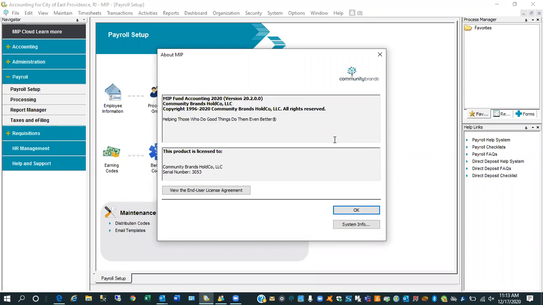Well, Community Brands, who of course are the publishers of the MIP software, have a new release available. This came out this week, I believe Monday, and it's version 20.3. The good news is they're good and early for our year-end information. The bad news is we need to get this installed on your systems before you start production of your 1099s,